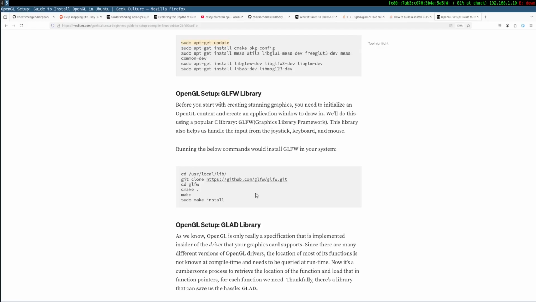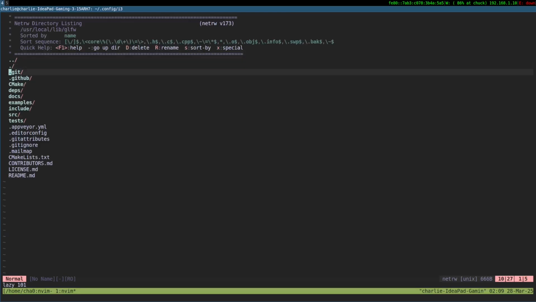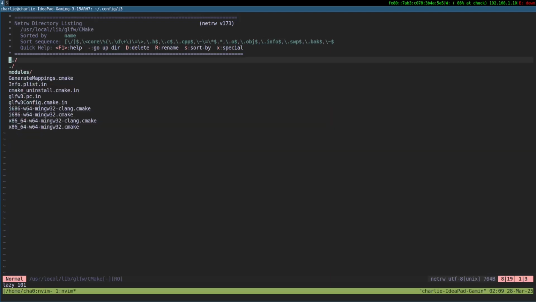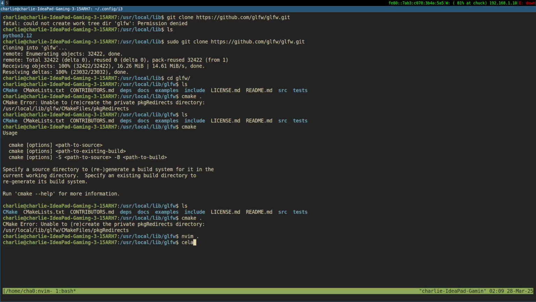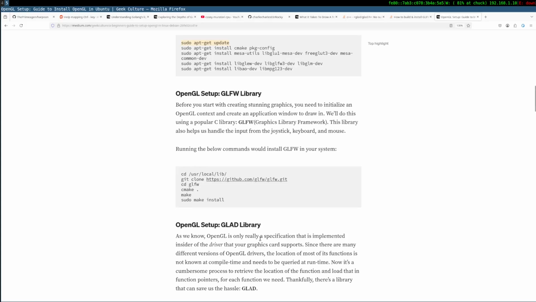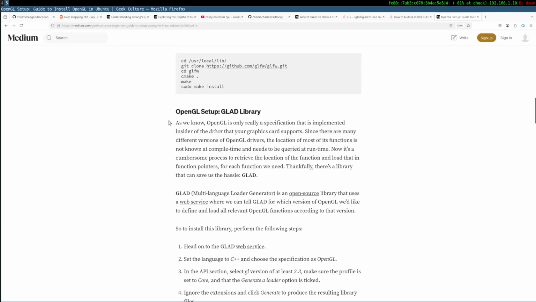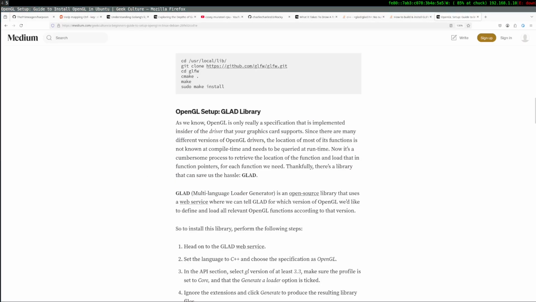Okay, wait. cmake, okay, cmake, where is cmake? As we know, OpenGL. Wow.